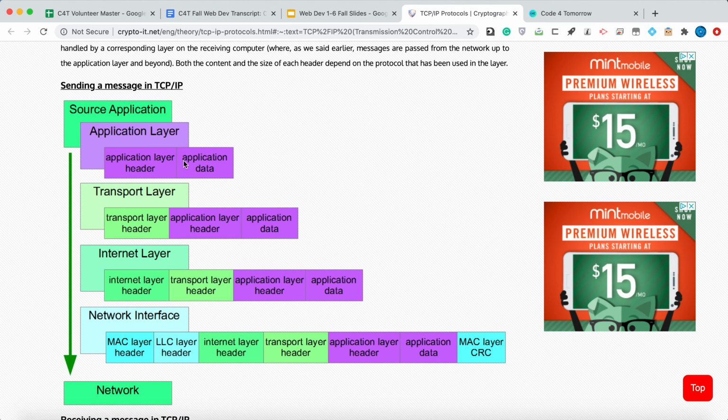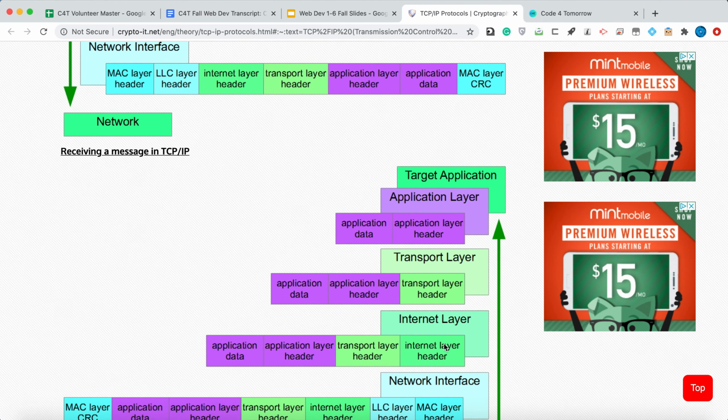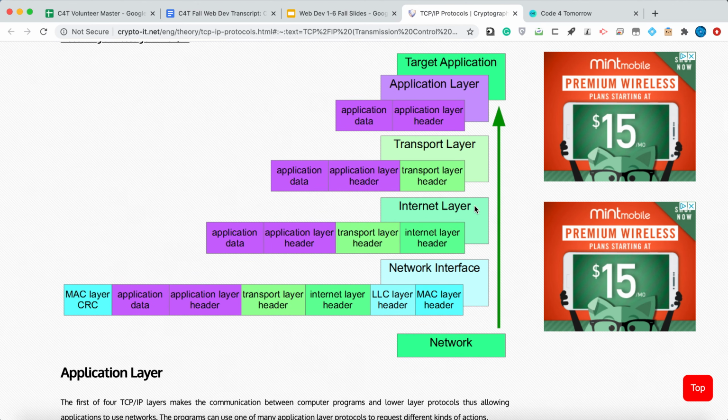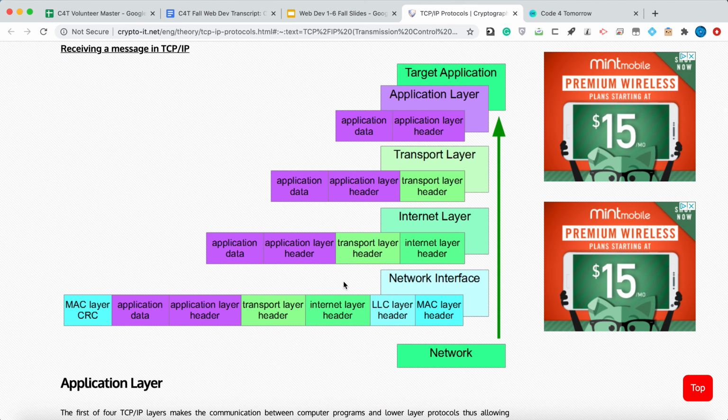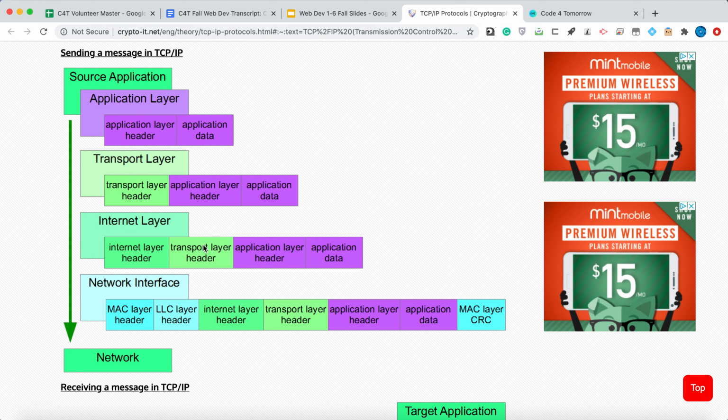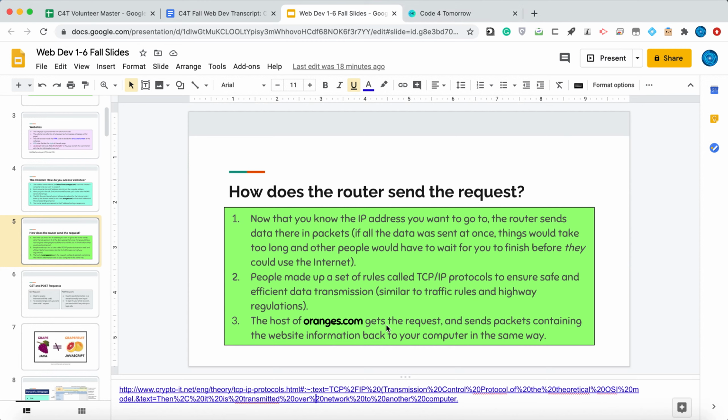how complicated the system is and how all of the stuff in here is happening in literally fractions of a second. If you were to type in a website and hit enter, all of this stuff, including this stuff, is happening in literally less than a second, which I find kind of crazy. But these are basically all the TCP/IP protocols. You can think of these as like driving laws for your packets. Like they have speed limits and all sorts of stuff that tell them where to go and similar to traffic